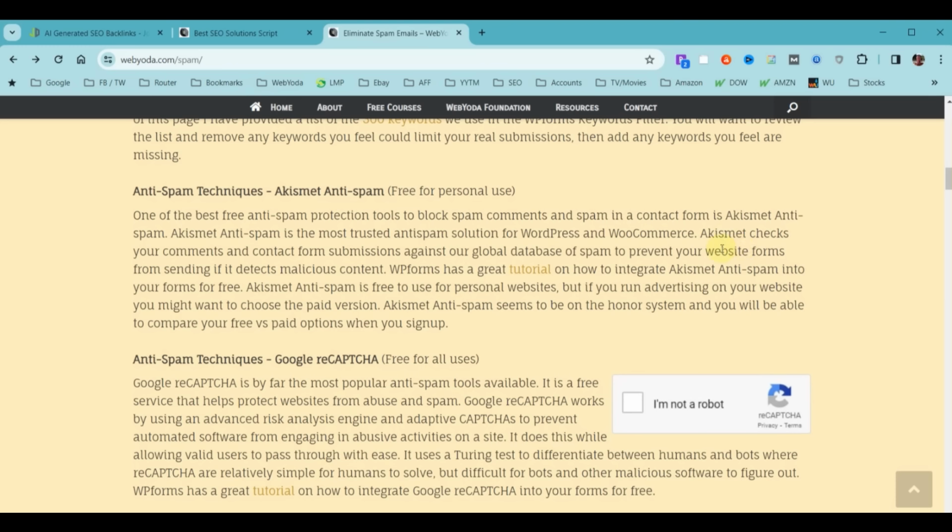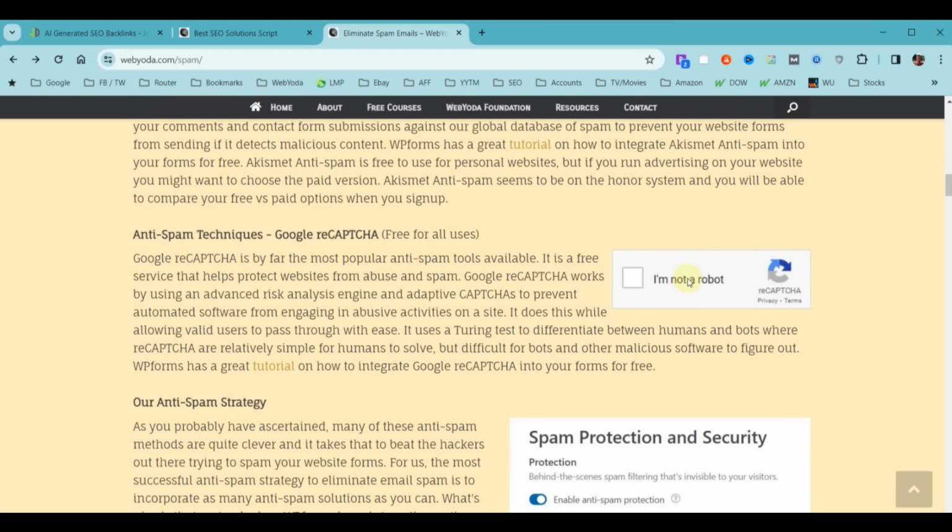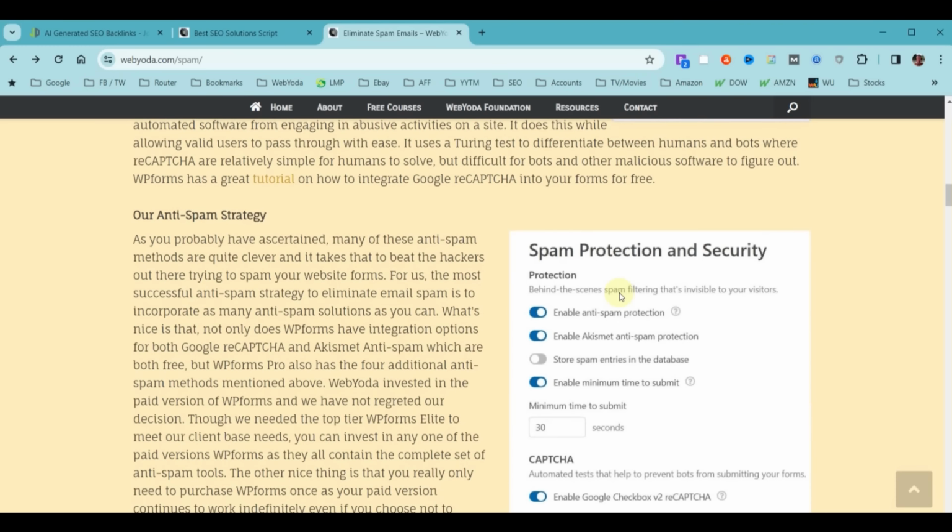The other, everybody's probably seen, it's the Google CAPTCHA, where you have to, at bare minimum, click the box, and if they think you're kind of spammy, then you have to answer some complicated little thing where you click on pictures and stuff like that. All these are great things. But if you want to have the number one strategy for doing anti-spam, you're going to want to do all